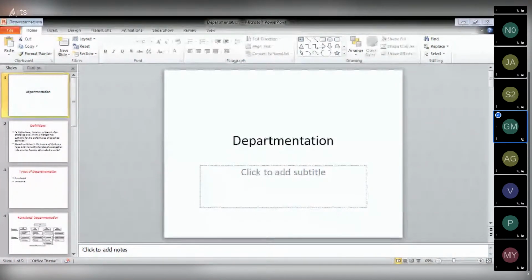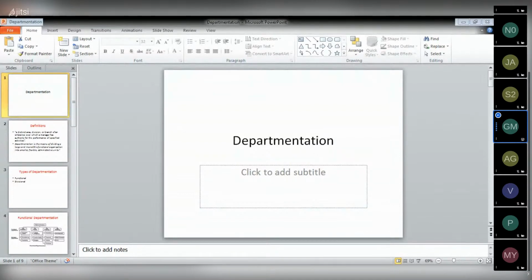So that we can monitor effectively and measure the performance. It becomes easy to administer a smaller unit. That's why the organization is made with so many departments, so many units. So, getting into the depth of departmentation, we have